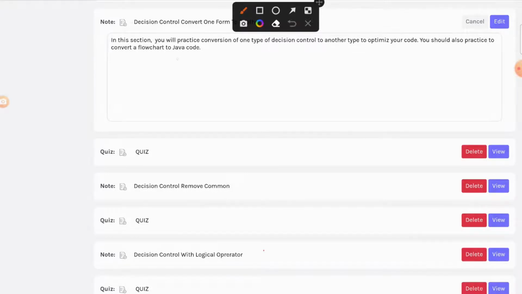So let's say that we have accepted a number called x. And if we do x modulus 10, and if this is equal to 0, that means we divided the number by 10 and the remainder is 0. If this is the case, then we want to say that this number, print,